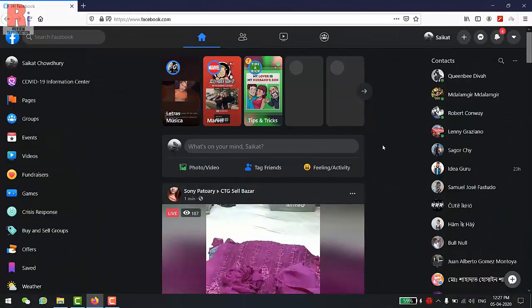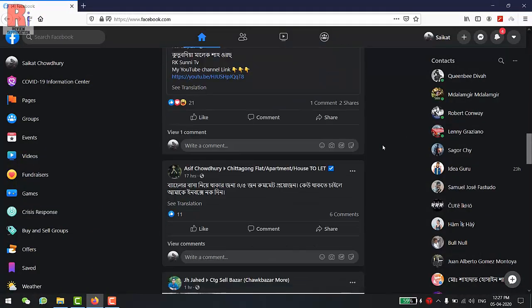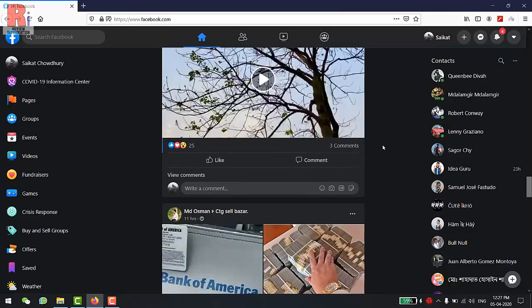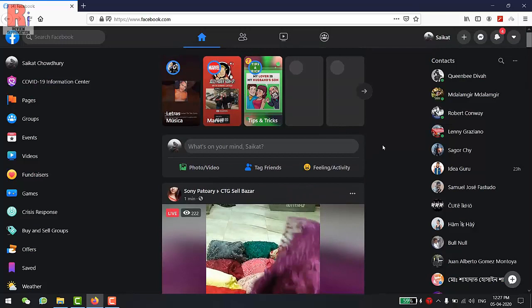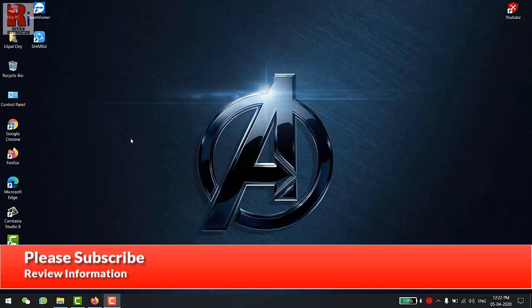Facebook has a brand new design for its desktop application at facebook.com. The new Facebook design is very similar to the mobile app design, with categories showing right on the top of the page. To begin, open any browser